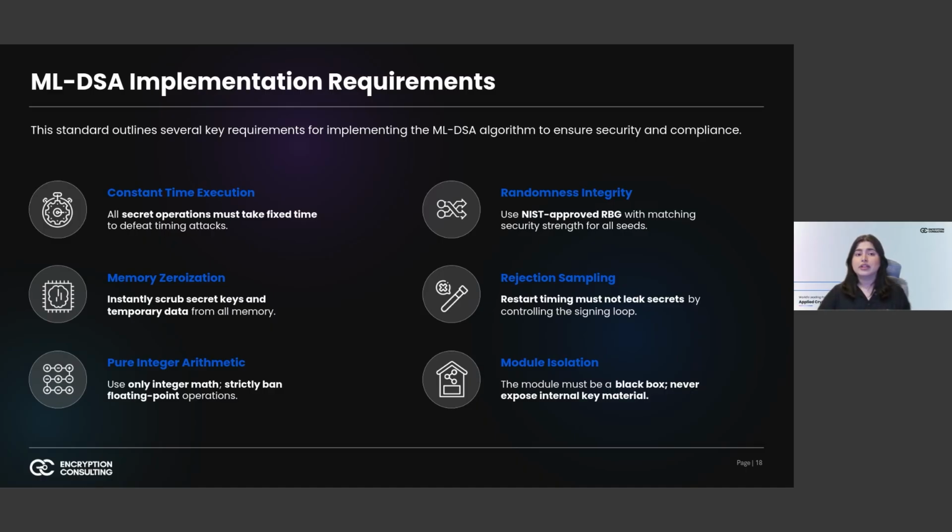The final rule is about boundaries. The ML-DSA code must be sealed off from the rest of the application. It has to be a black box. The application can ask it to sign a document, but it can never reach inside and touch the private key or manipulate the internal calculations. The module must handle its own secure randomness and its own key management, ensuring the entire process is self contained and tamper proof. That's all for part 1 of the